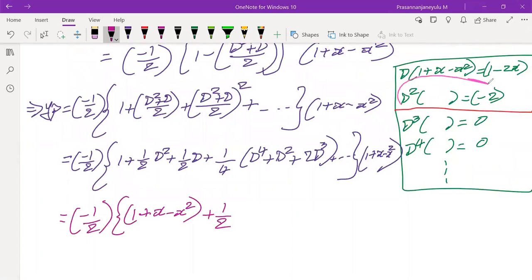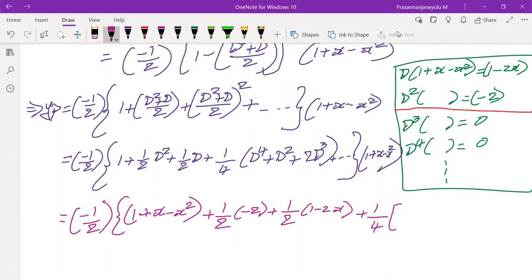We discussed already in the rough work. It is minus 2, so going to write minus 2, plus 1 by 2 into D of 1 plus x minus x square. We got 1 minus 2x in the rough work. In the same manner I'm going to write 1 minus 2x plus 1 by 4 into